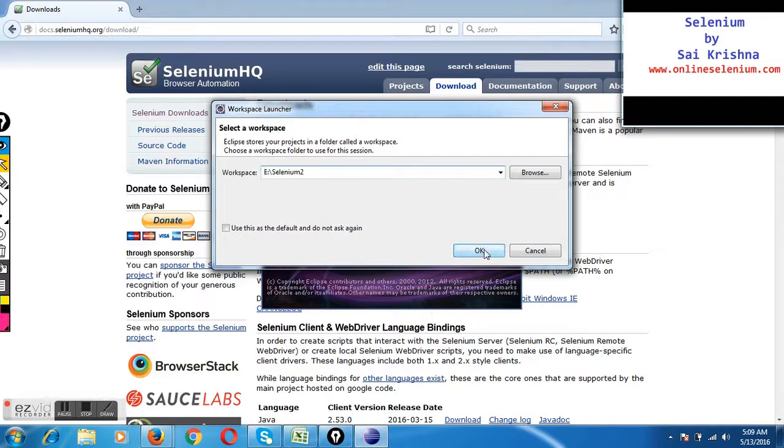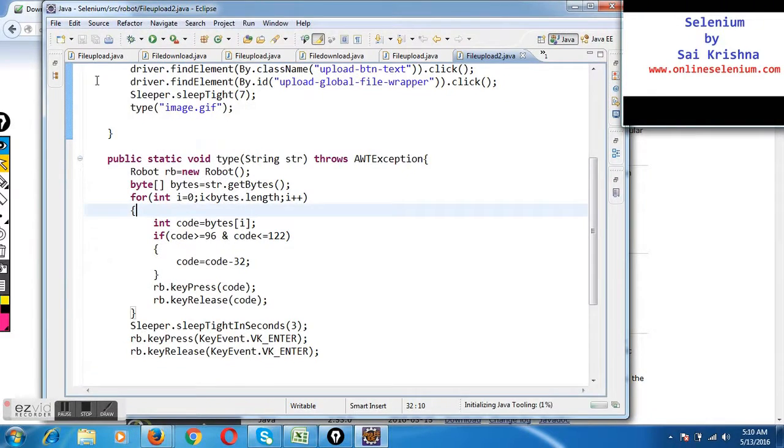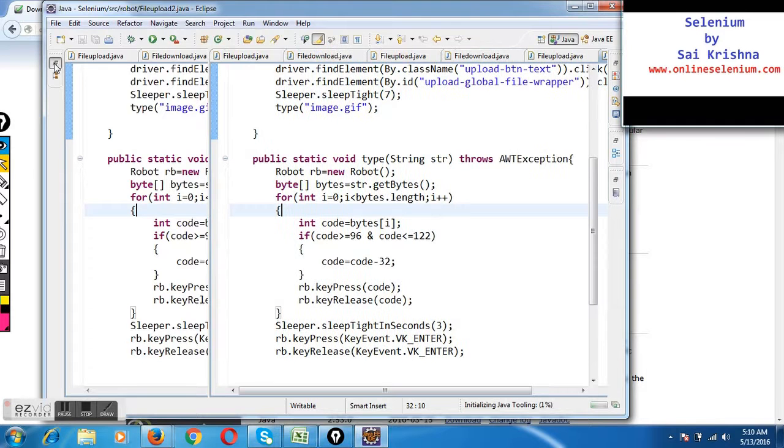So let's launch our Eclipse. Instead of identifying all these elements and creating the code again, whatever code we wrote yesterday for Sequely and AutoIT, I'll just copy that code. I do have some programs here.